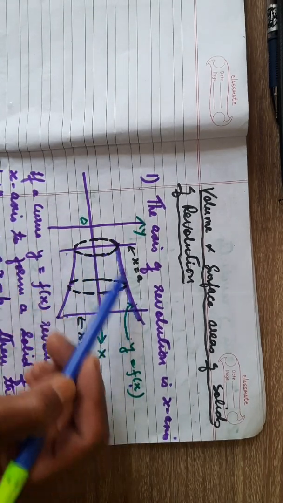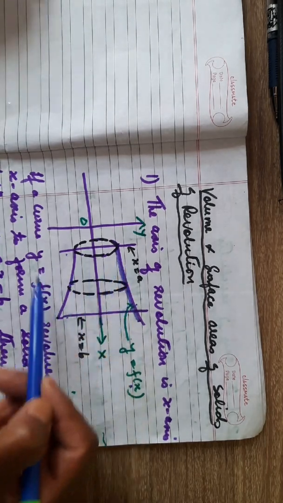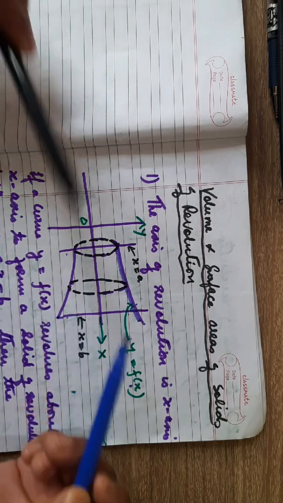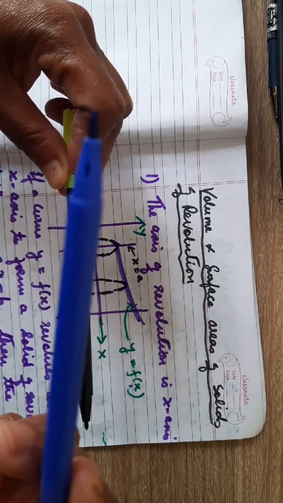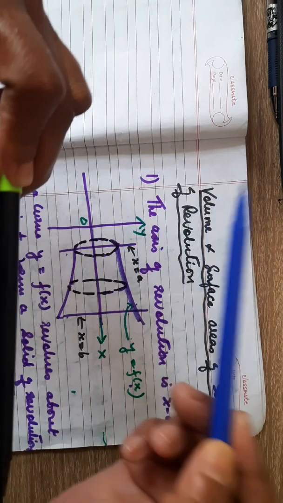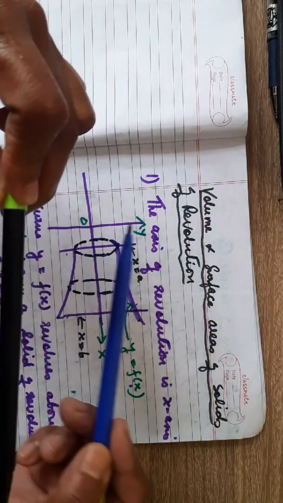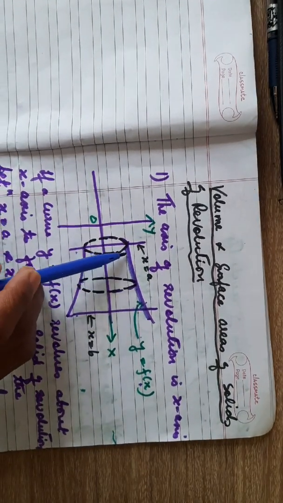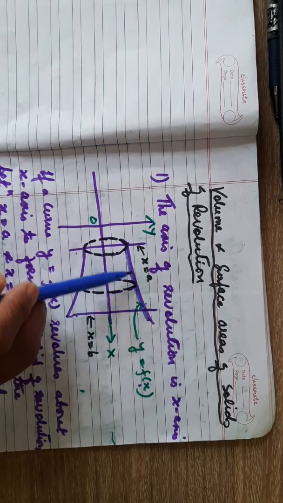So if between these 2 points x is equal to a and x is equal to b, y is equal to f(x) revolves about the x-axis, then in that case it will generate a solid. So for example, suppose this one is the x-axis and this is that given curve. When it revolves about the x-axis in this way, it will generate a solid, and this solid will have a volume and a surface area. So in this case we need to find out what will be the volume and surface areas of solids of revolution